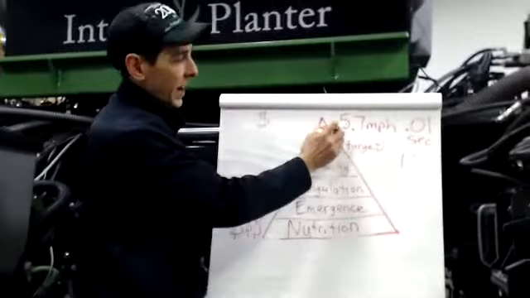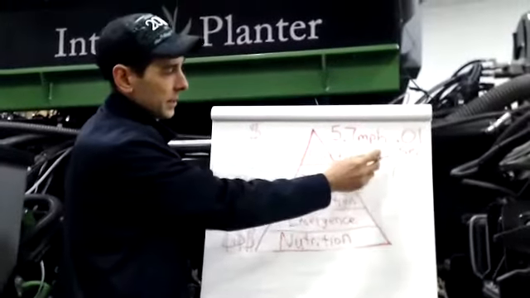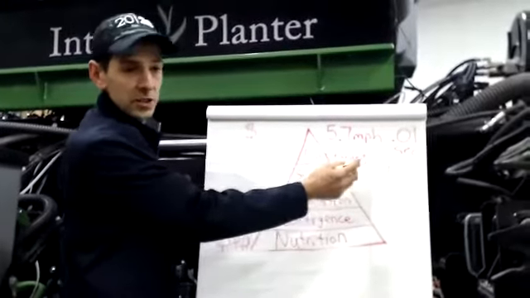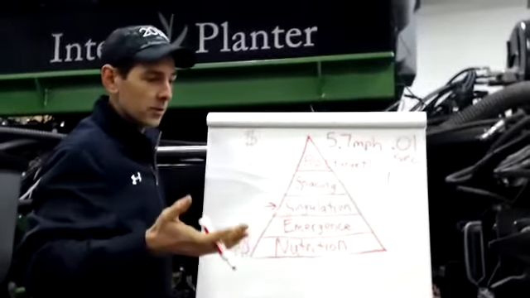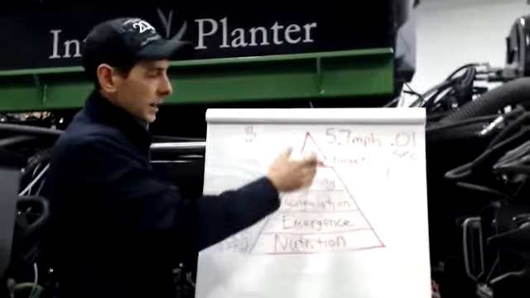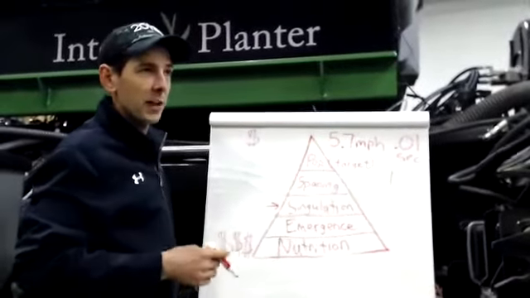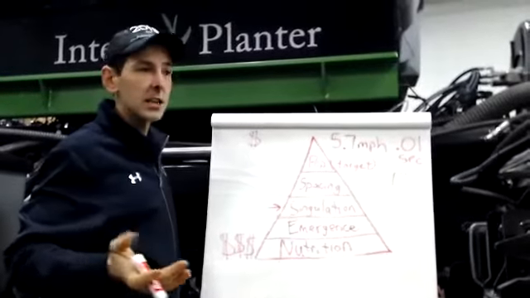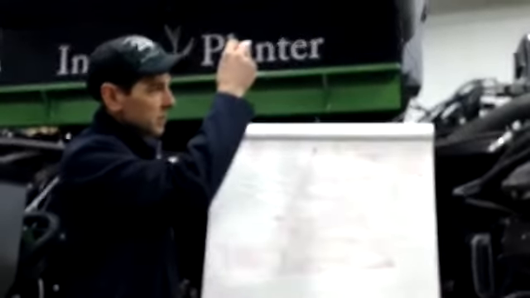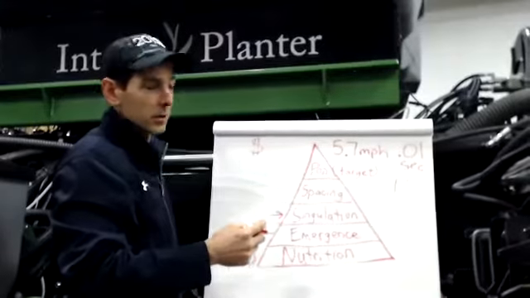As you go faster than 5.7, that obviously increases. At 35,000 and 5.5 mile an hour planting speed, there's roughly 13 to 15 seeds in suspension in your seed tube